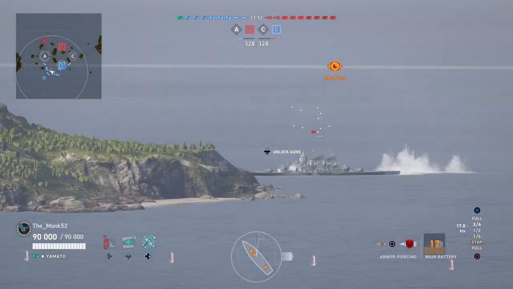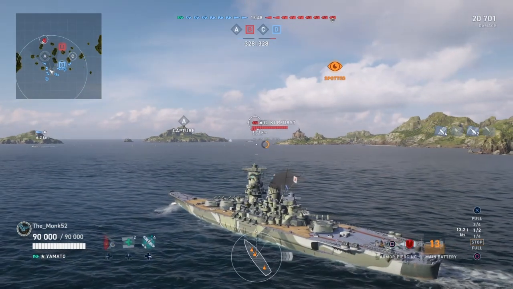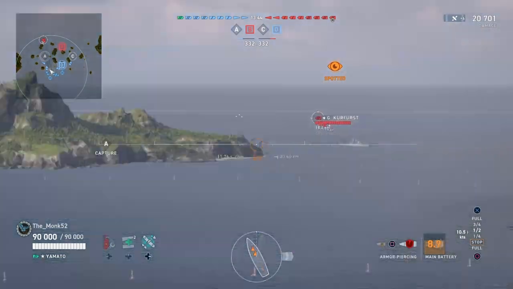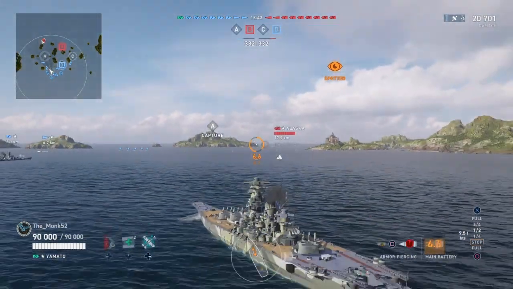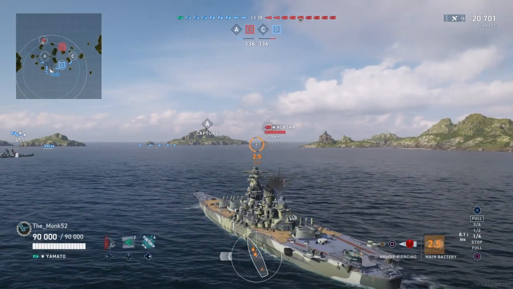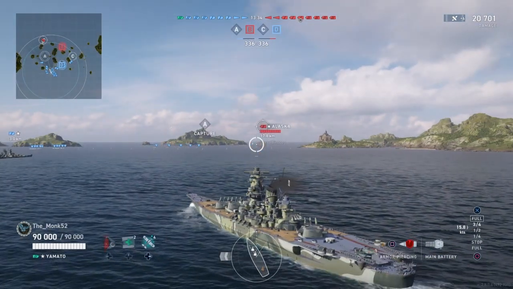Fortunately though, this game matchmaking is kind of preferable for me, no other Yamatos. So 20k to that curve first. Let's keep that angle going and start slowing down. If you slow down, you'll get to your turn a little bit faster. If you're stationary, that's a different story, but if you just slow down your ship, you'll actually turn a bit